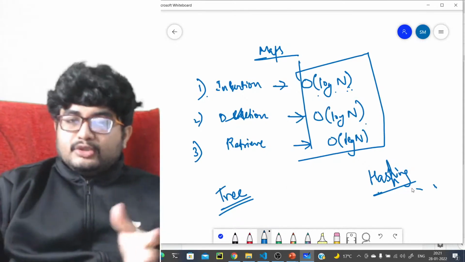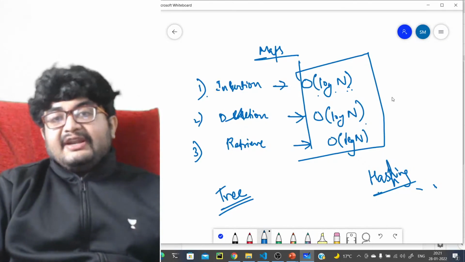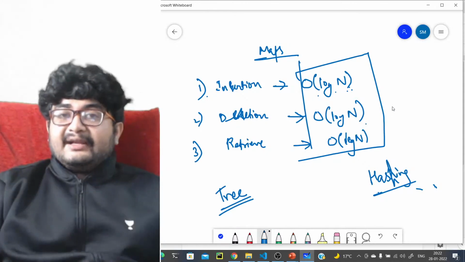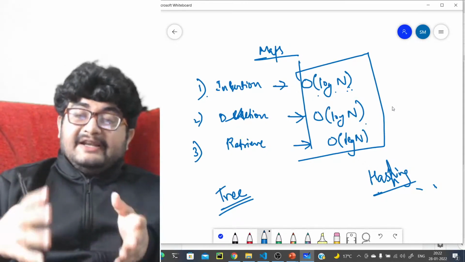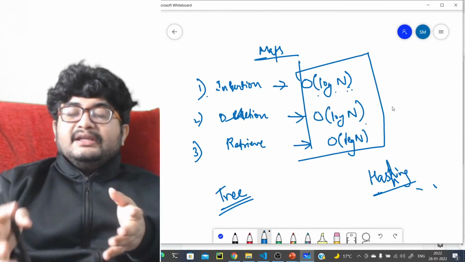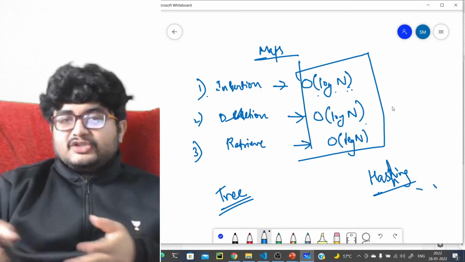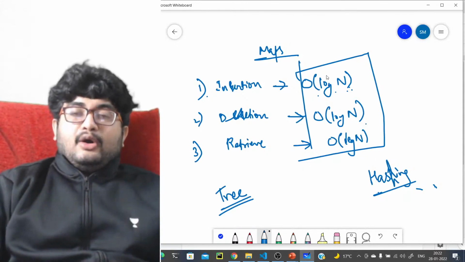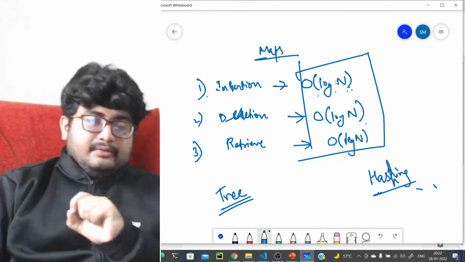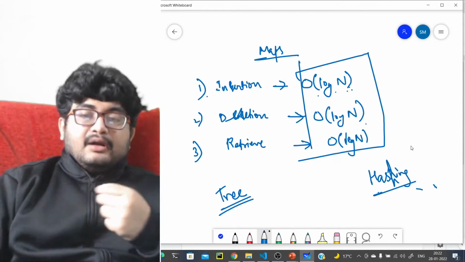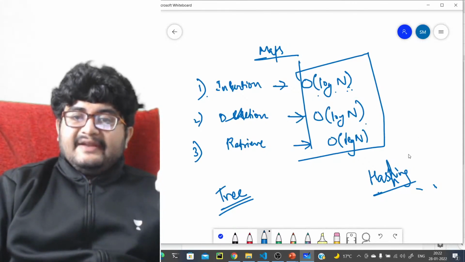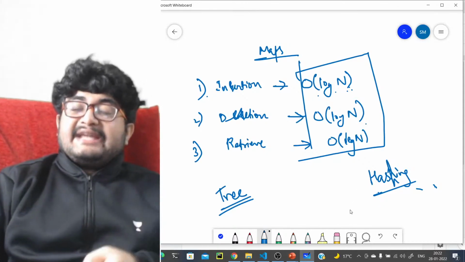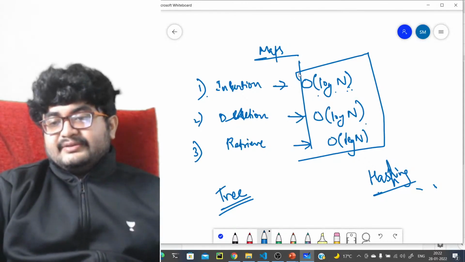So there is chaining and those things that might come in. So it's average case; we can say that average case is order of 1. In most of the cases, it will be order of 1. But if you are given a test case that leads to chaining, in those cases it can shoot up to order of n as well. So that's the difference between an ordered and an unordered map. Ordered map is always within log n. It doesn't depend on the input. Unordered map will depend on the input that is given. In most cases, each of these will be order of 1. In worst case, each of these operations can be order of n.